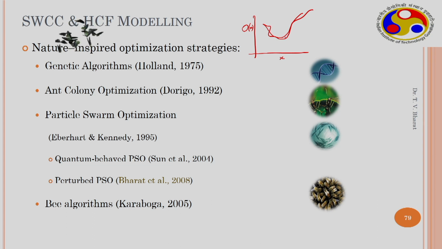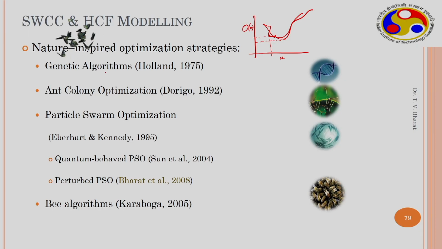In that particular case, this may be your global minimum, but your function may get stuck here itself at a local minimum. If you choose an initial guess somewhere here, it will traverse and get stuck here itself. It may not reach the global minimum. So the objective function gets zero gradient at the local minimum value, and therefore the estimated parameters may be erroneous.